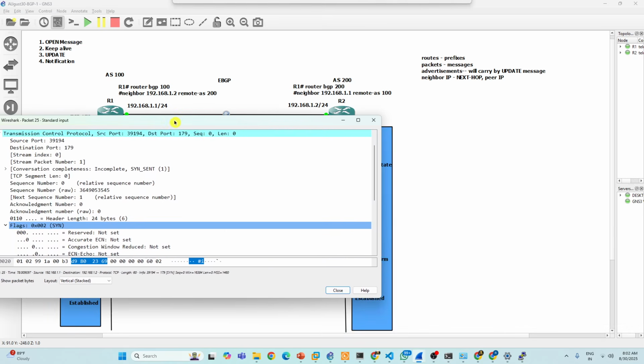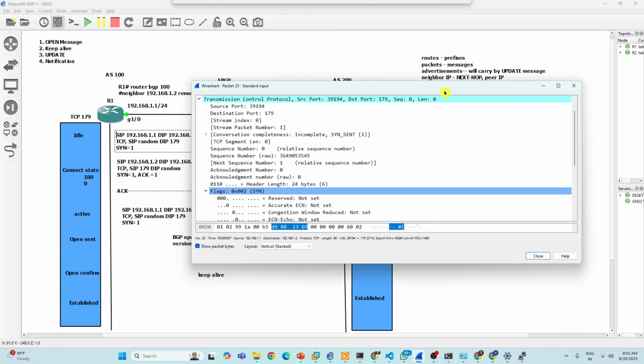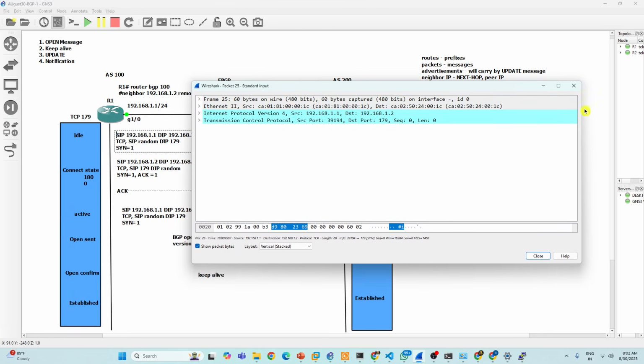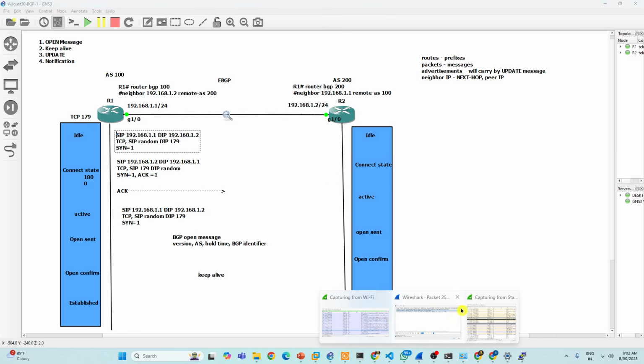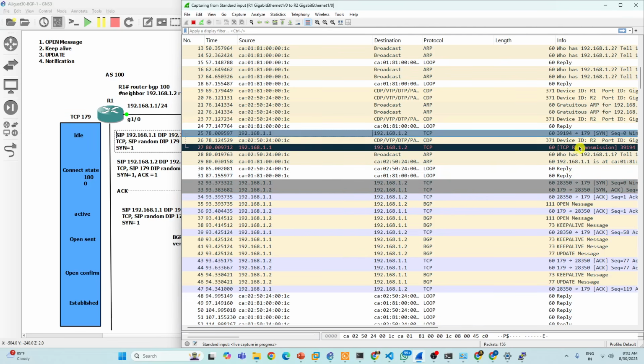So now R2, if all the parameters match, R2 will respond with what? See, the source port is random, destination port is 179, right? And now R2 is responding. You sent a SYN packet, you're getting a SYN-ACK here.